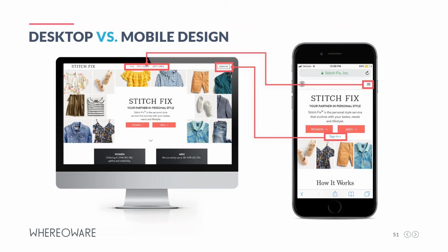So desktop versus mobile design, some of the key differences are that the desktop design is going to be sized differently and optimized for mobile viewing. What that looks like is, the navigation can size down to a hamburger menu that's just a simplified icon. So that's reducing the amount of text on the page and it's reducing clutter. Again, incorporating that white space that's making it easier on the eye